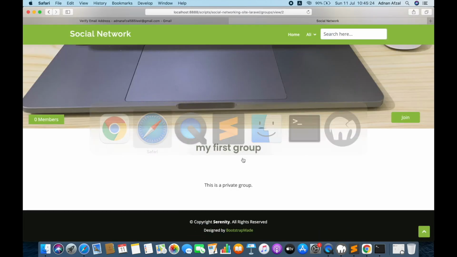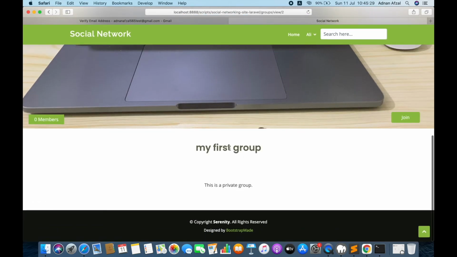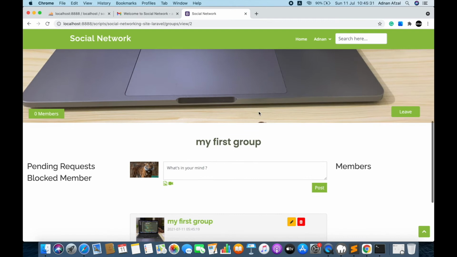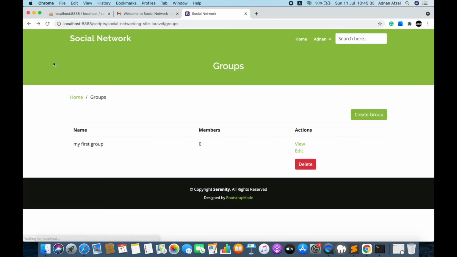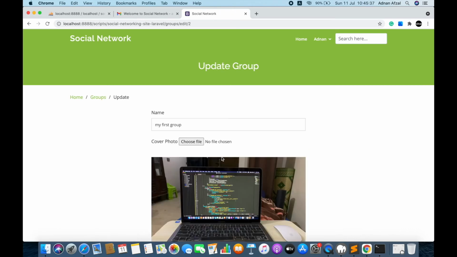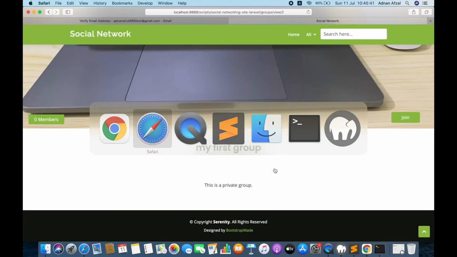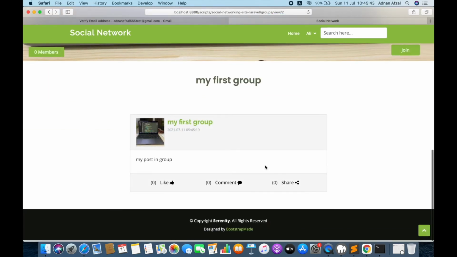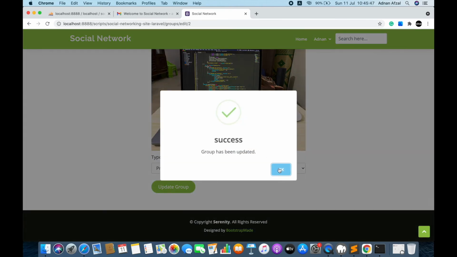But the other person cannot see it. If I set the group as public, then the other person can see it. But let me set it to private so only members can see the post.